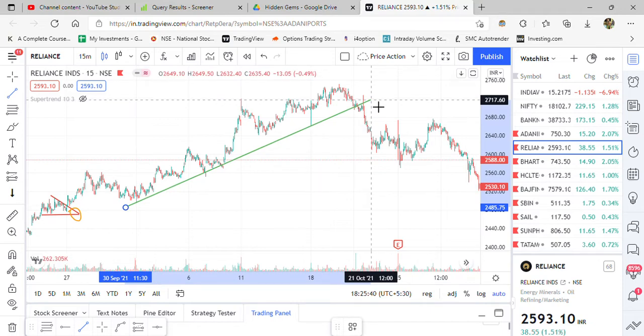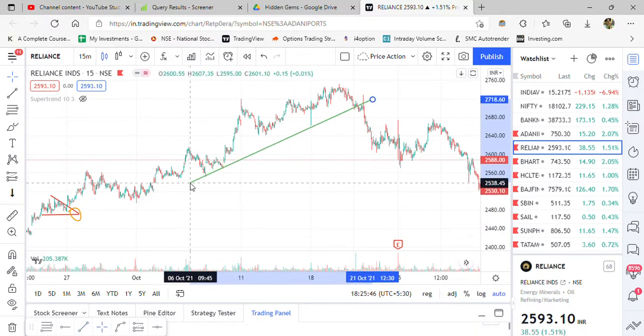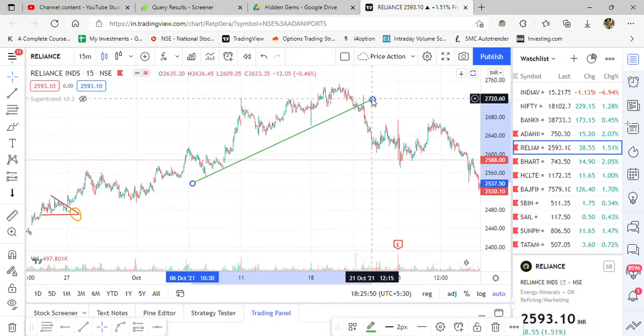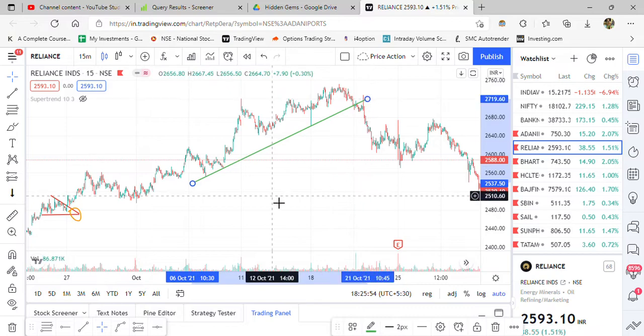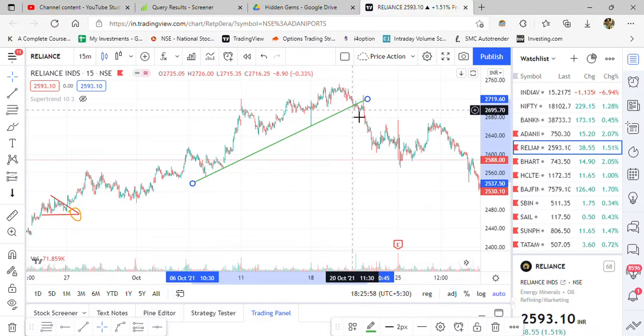You can say something like this. So this was a lower trend line and the stock, after